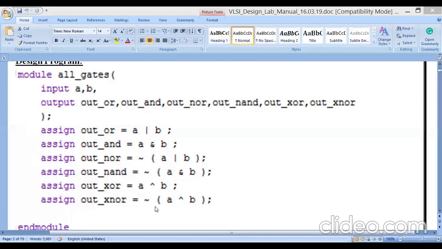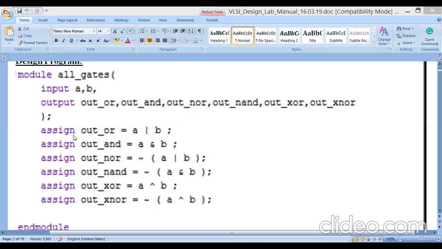We will give only the truth table and some specifications. By reading these specifications, students should come up with the program. But anyway, for the first program we are giving the program. The module declaration is completed. The tool itself generated the module declaration and end module also, but the body we have to write. See what the body is here: assign is the keyword. Assign is data flow. Here we are using data flow modeling. I am choosing it now.